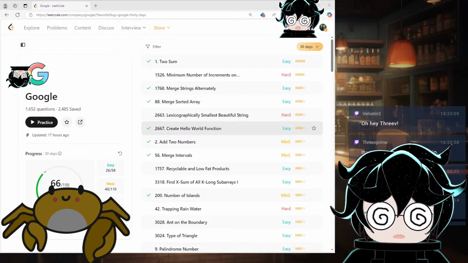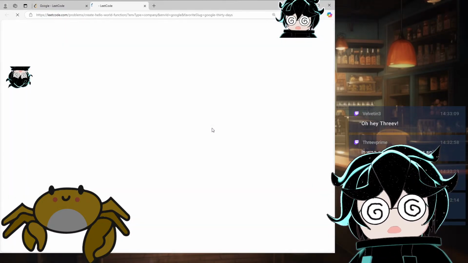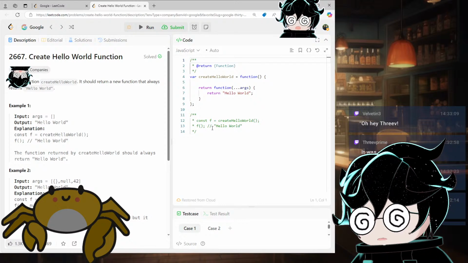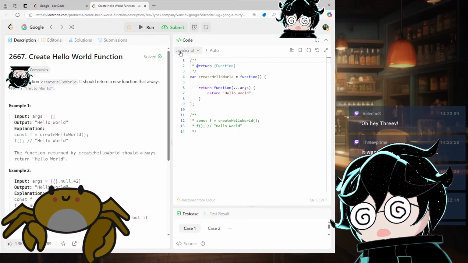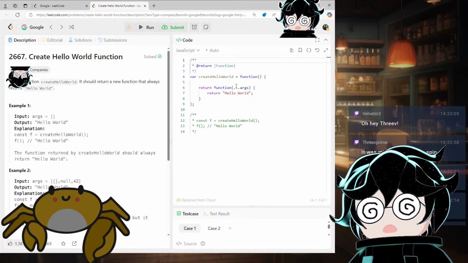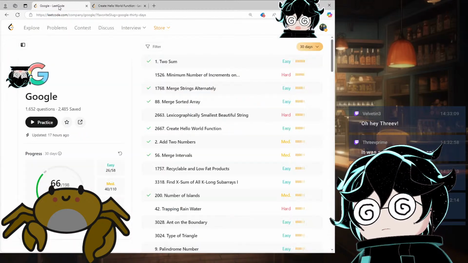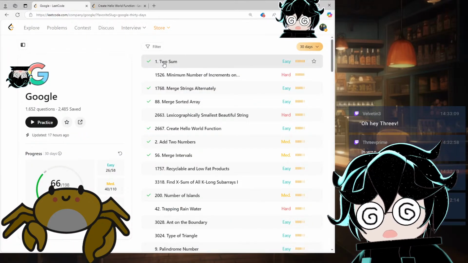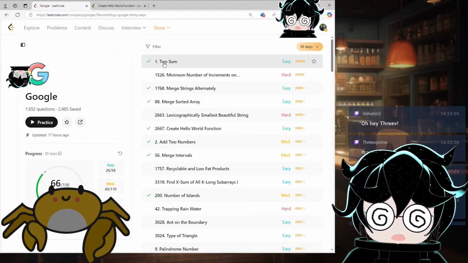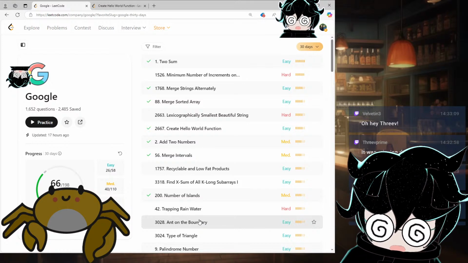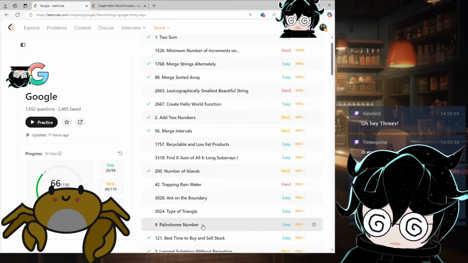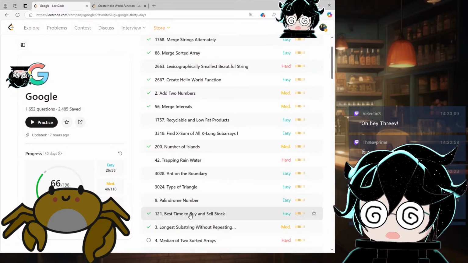Create hello world function. Google test this. It should return a new function that always... Oh, that's not a Java question. Should I literally just cop out with two sum? I'm so tempted. Oh, best time to buy and sell stock.